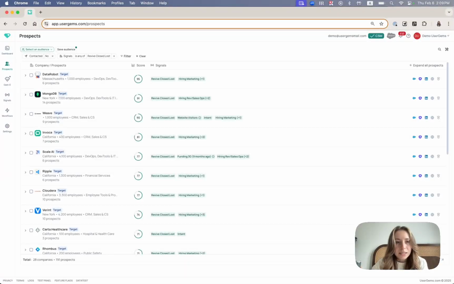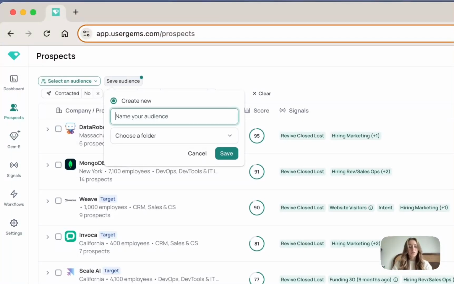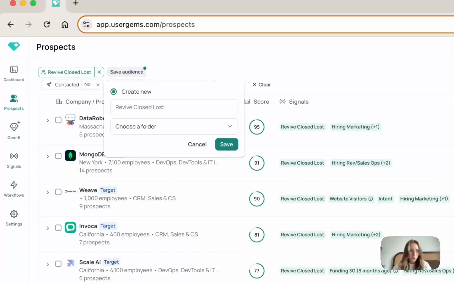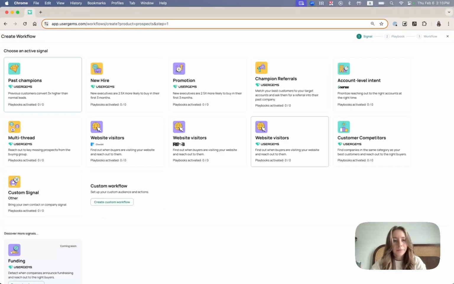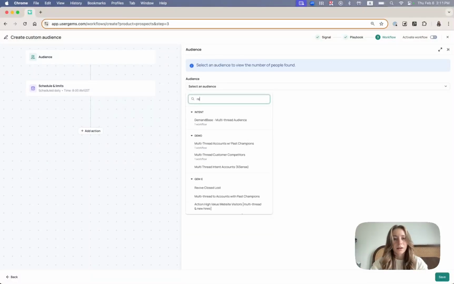So you're going to save your audience here. We can save it as revive close lost. And then from there, we're going to build a workflow. So in workflows, you're going to add a workflow here. We're actually going to build a custom workflow, and we're going to just go ahead and find that audience that